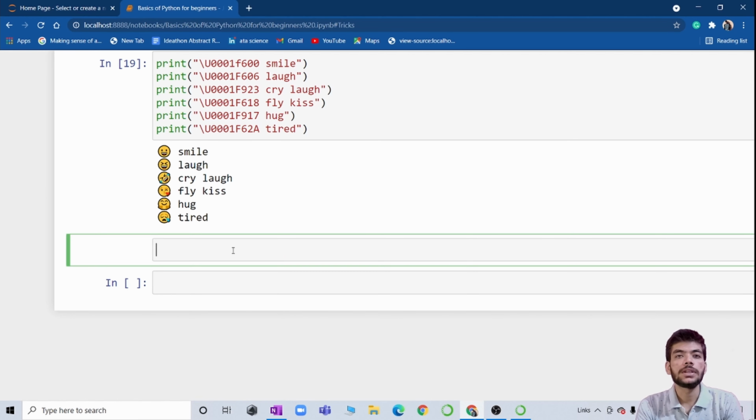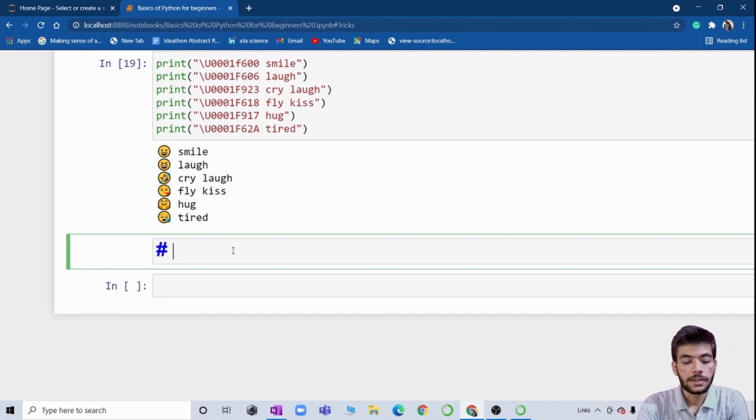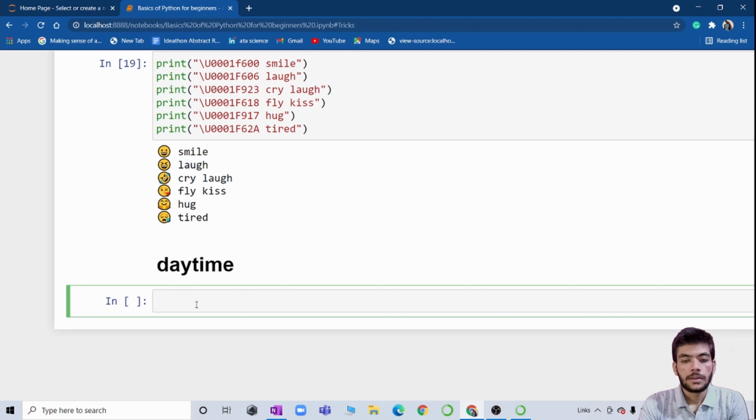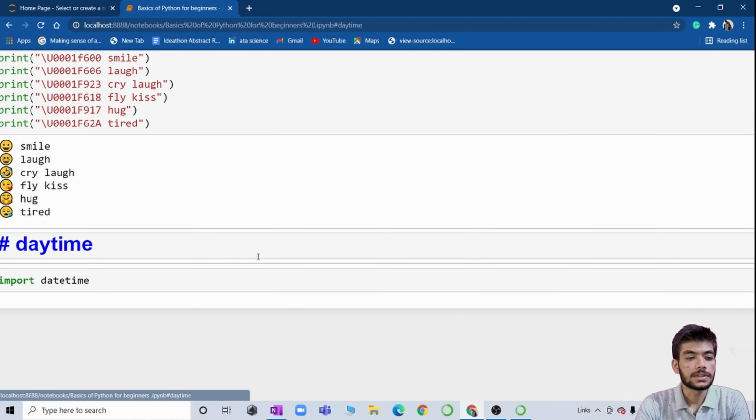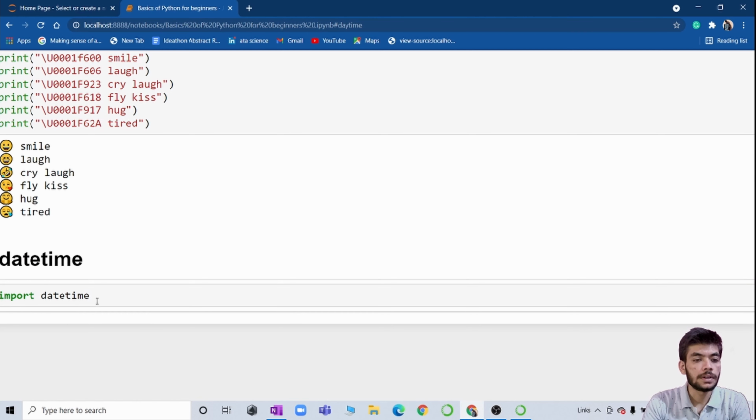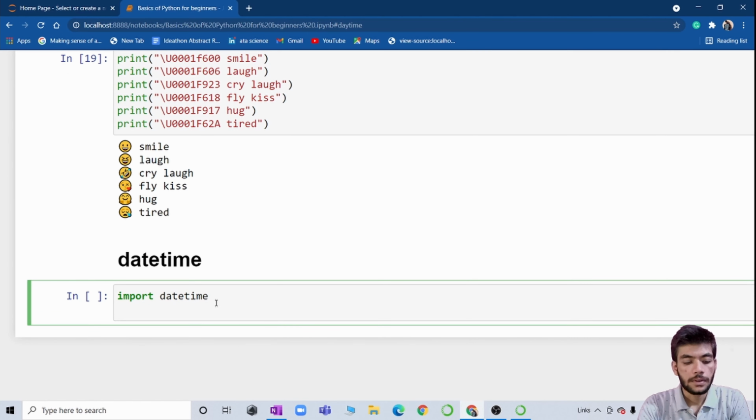Now we will see some tricks using a datetime function. We will type datetime. I will write the simple code, that is import datetime, I will write x equals datetime.datetime.now.